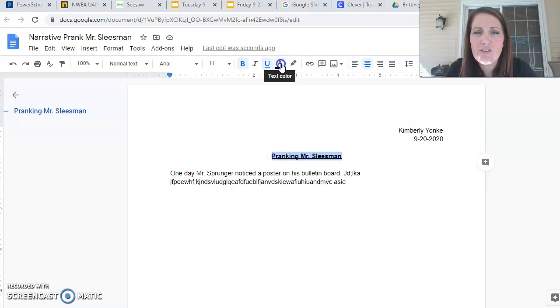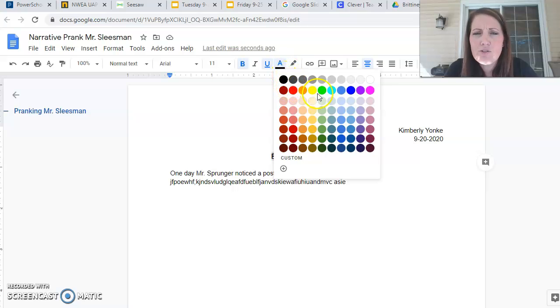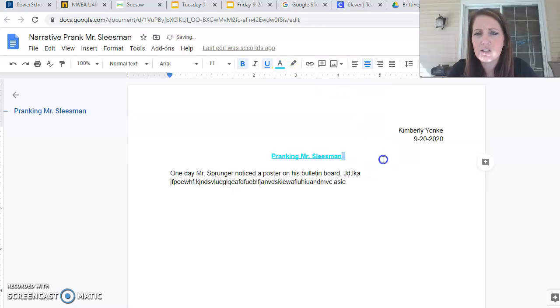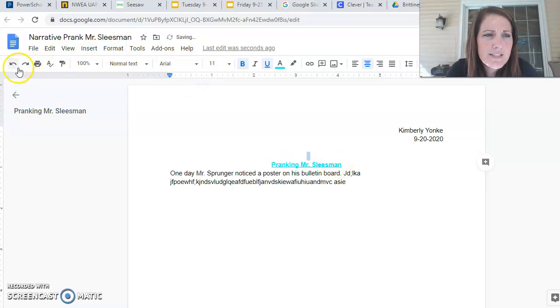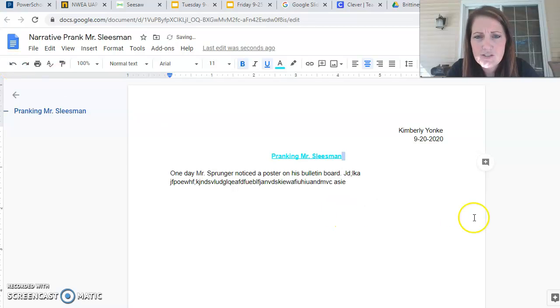So you could click on this little thing here that says text color. You can change it. Do you think this is a good color for me to change it to? Too light. I don't want that. I said dark colors only. Oops. If you make a mistake, this is the action that gets rid of the mistake you